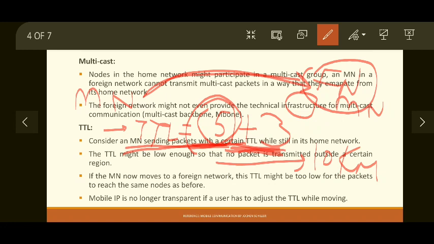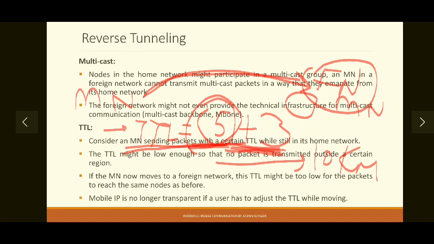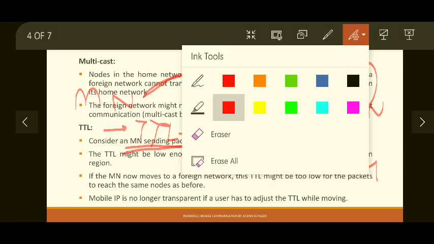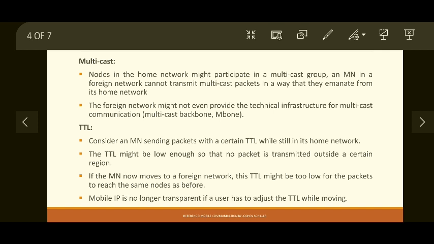So mobile IP is no longer transparent if a user has to adjust the TTL while in transit or while moving. So these are the three main issues observed in mobile IP and tunneling.